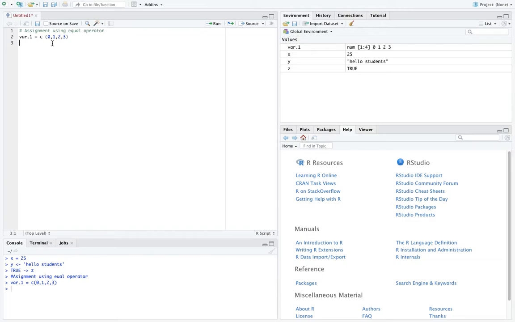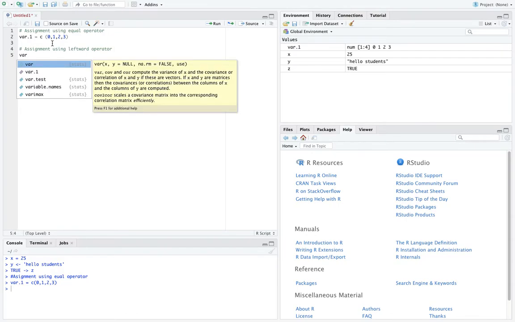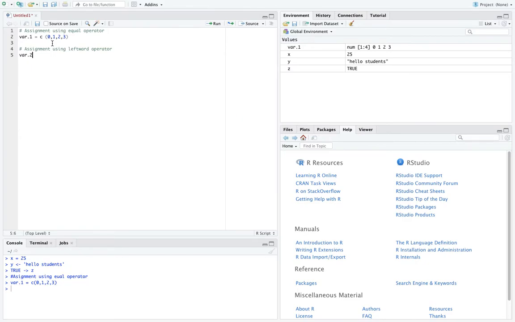Okay, fine. I've created a variable 1. Let's create an assignment. So, var dot